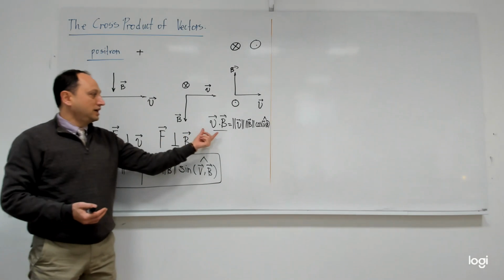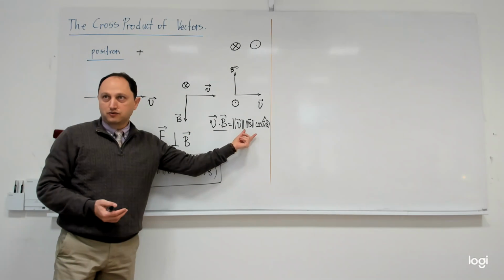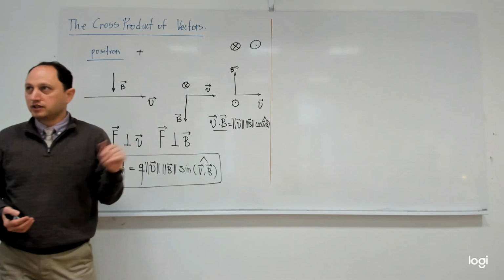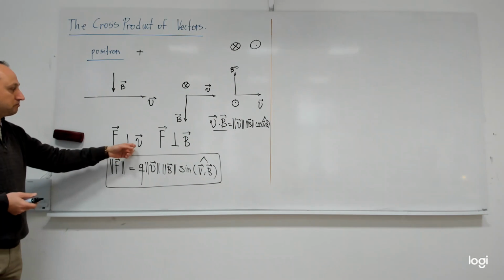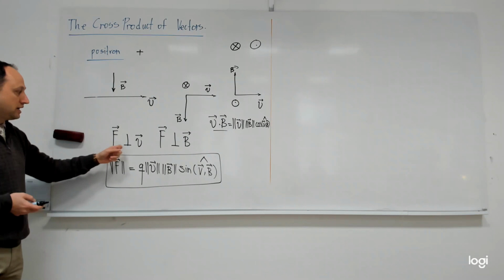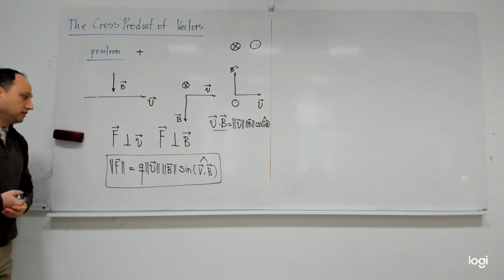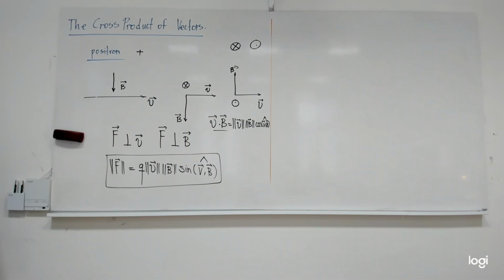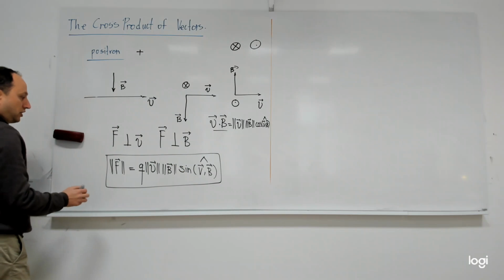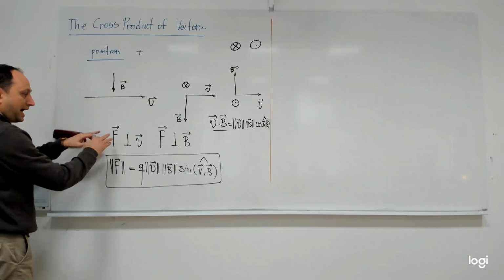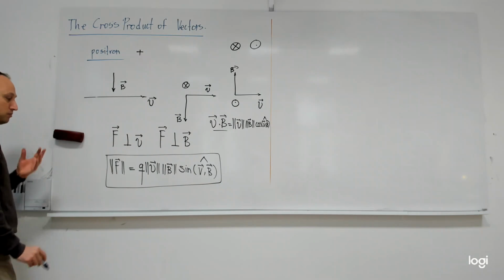Here you generate a number out of two vectors, which is not enough for our purpose here, but we want to find a way to generate a vector, the force, out of two vectors V and B. Okay, that is something we want to consider. In mathematical terms, we want to describe this formula, considering the magnitude and the direction, can be simply summarized